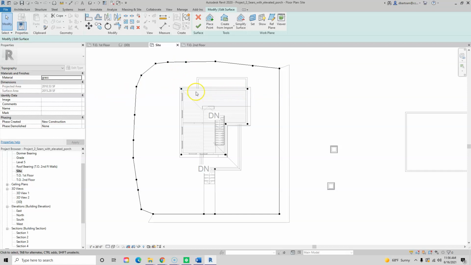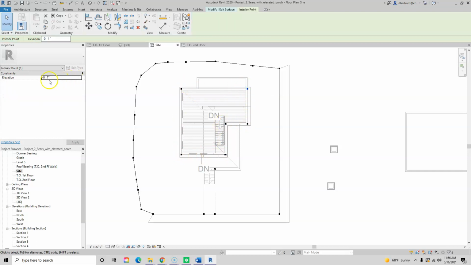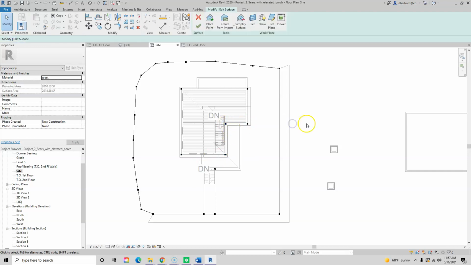So I placed 2, 3, 4, 5, 6 points around my building. And when I select them, we could see that they are -1 foot. So they are 1 foot below the 0, 0 point. Okay? That's the ones at the house. And if I select all of them, they're all at the same. And that's typically where we would, well, it depends on your particular house, but in general,